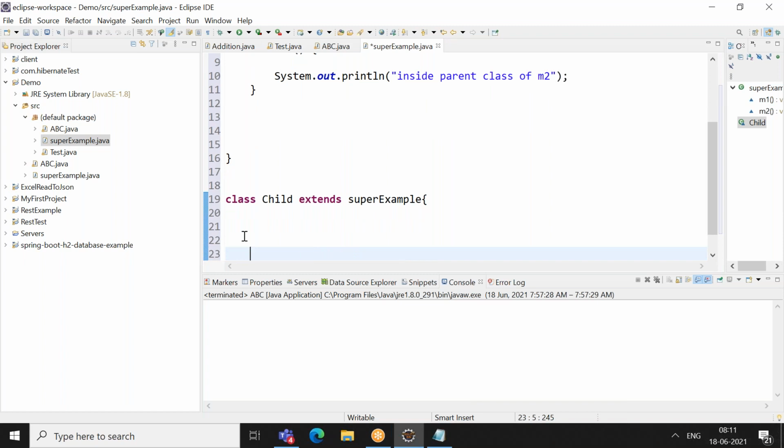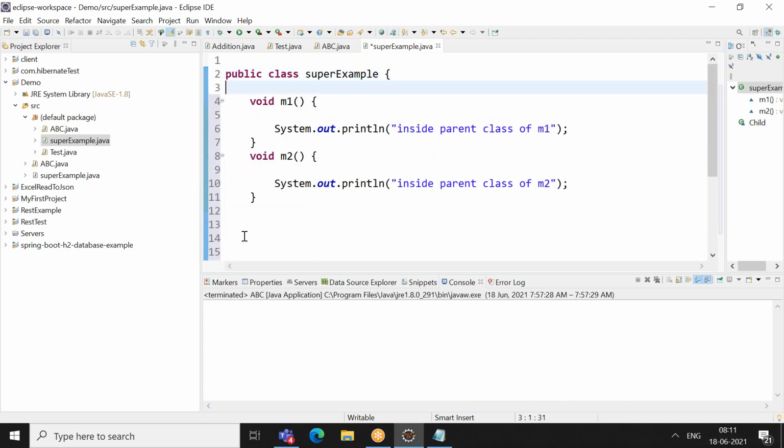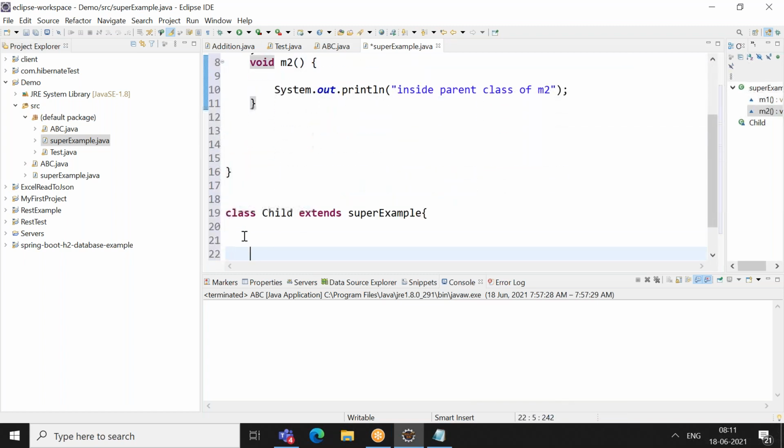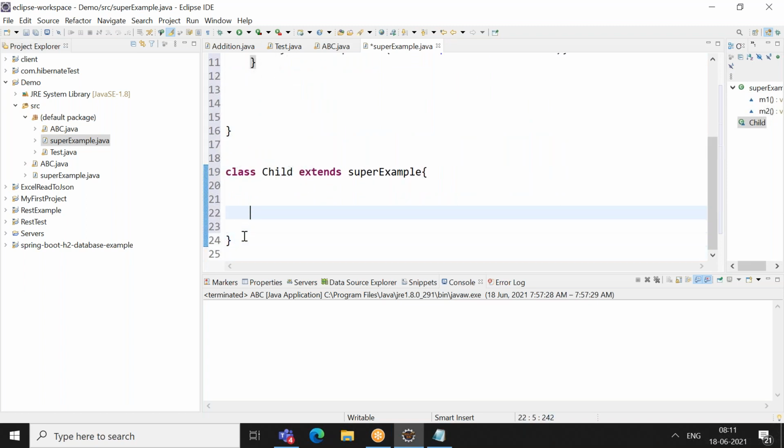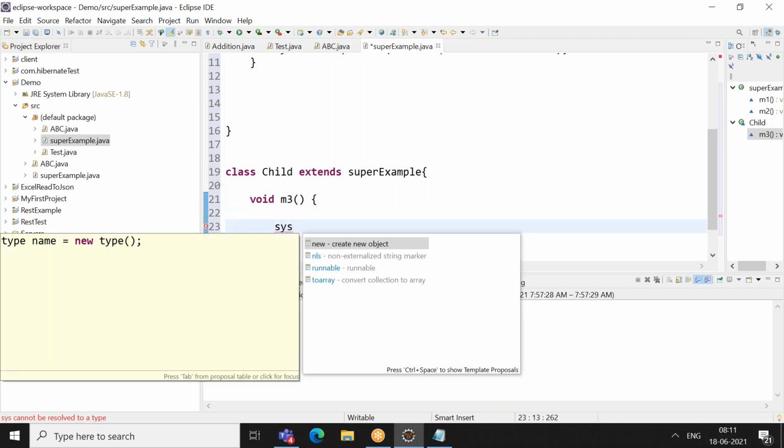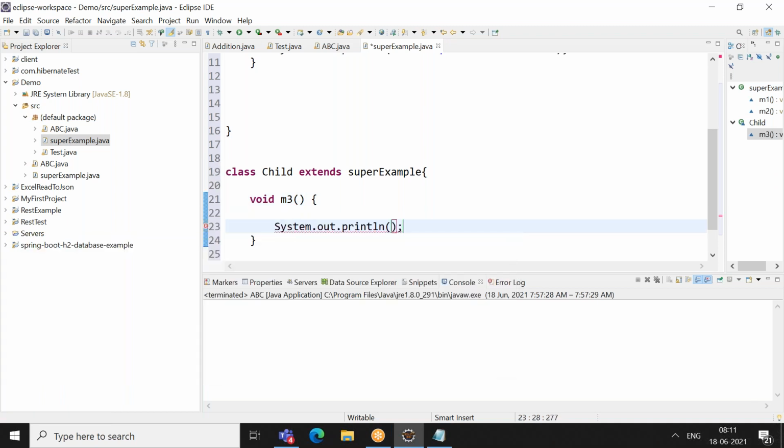So then obviously it will have these properties, but you can do that overriding, or if you want you can have its own properties. So for example, I'll have a method called void m3 here, inside m3 of child.